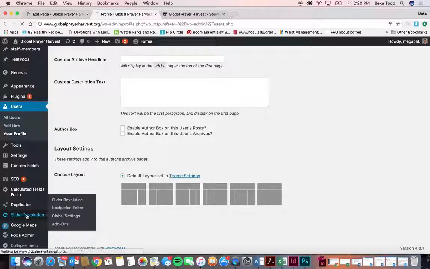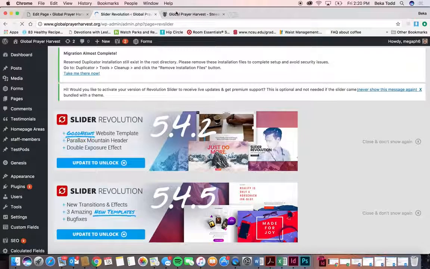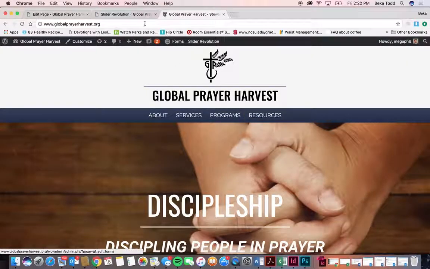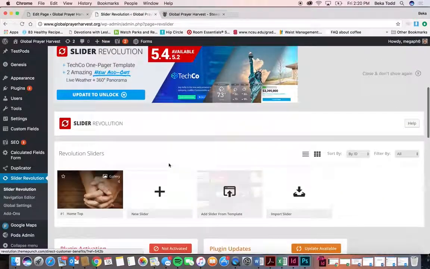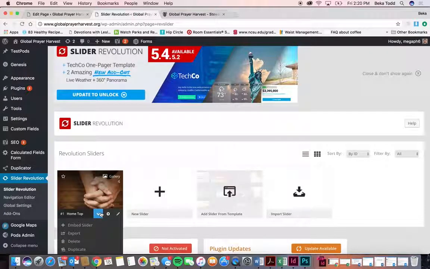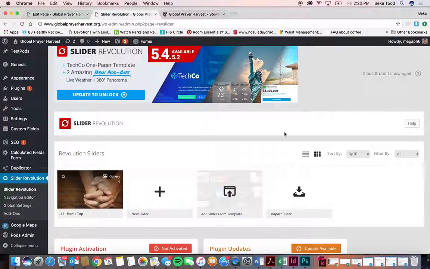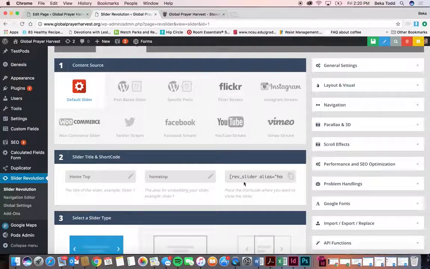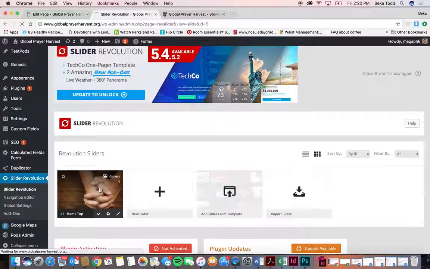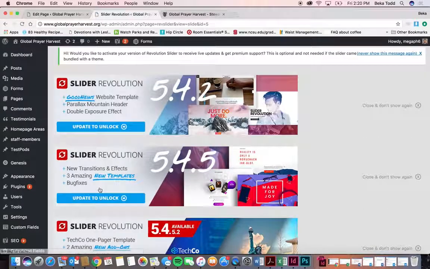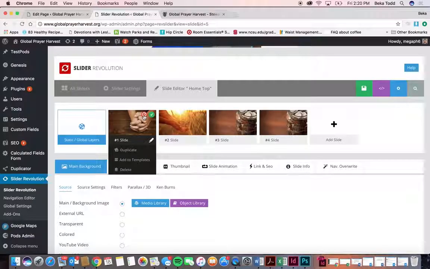The next thing we want to talk about is Slider Revolution, and that's what creates this slider at the top of your page. So if you want to know the shortcode that's used for this, you can find it right here, or you can find it under slider settings right here and get the code right there. And it can go wherever you want. It just might not look right. So right now it's on the home page. Obviously, that's what it's for. So